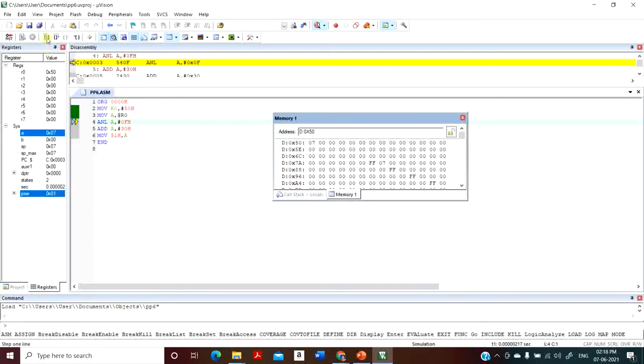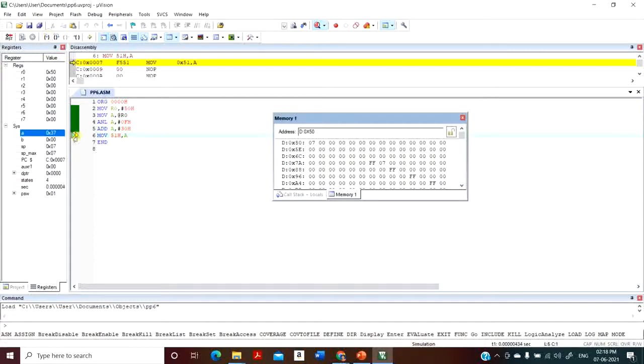Next, before adding 30H to the accumulator, I need to perform the masking. So you can see here 07 is masked with 0F, but the result will be the same, and in the accumulator 07 itself is present now. Next line of code that I need to execute is ADD A, 30.